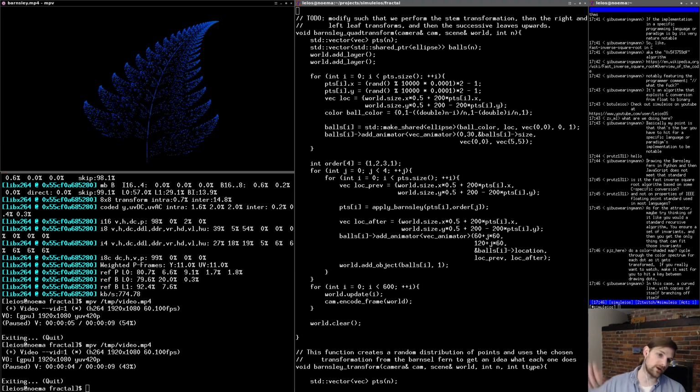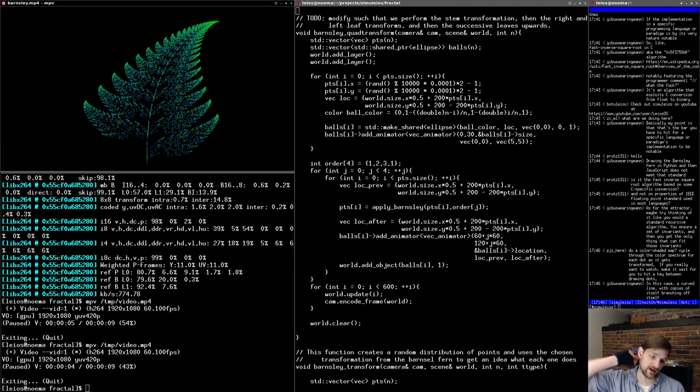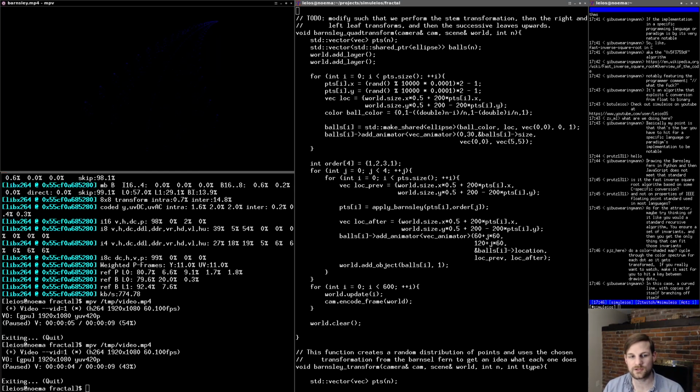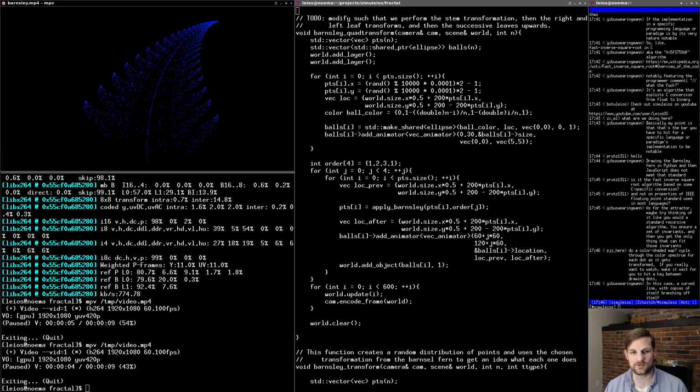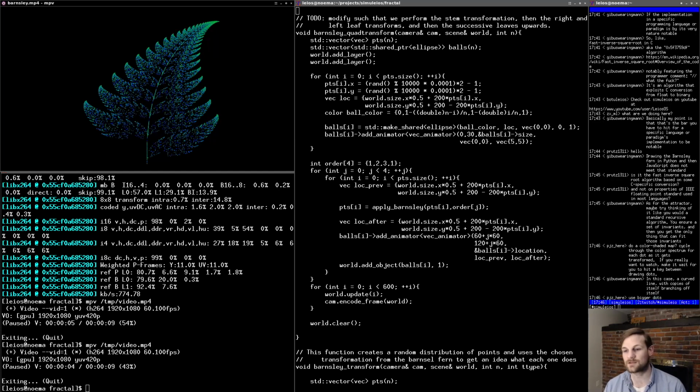So what I want to show is, I want to have the Barnsley Fern in the background, and then after the Barnsley Fern is there, I then want to show this transform on top of the fern. That's what I want to show. Since we have the fern already drawn, and we have the random distribution of points, essentially what I want to do is show each affine transform as it relates to